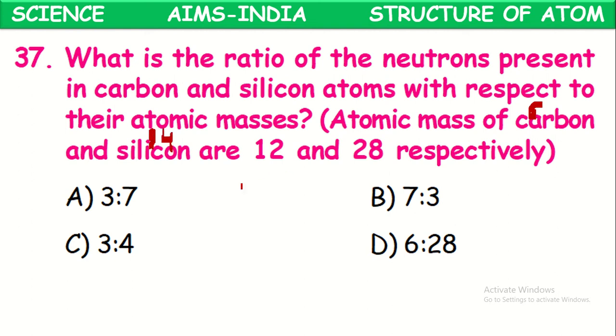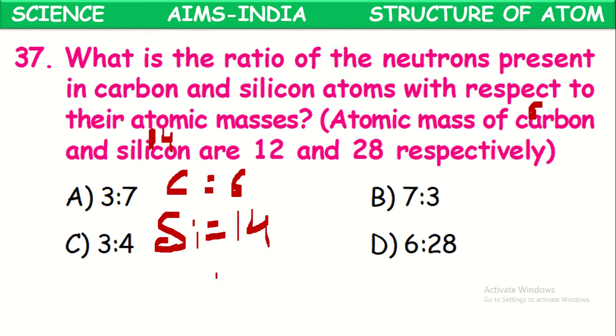Now the number of neutrons in carbon will be the mass number of carbon, which is given as 12, minus the atomic number 6, so it becomes 6. And for silicon, how do we get the number of neutrons? The mass number is given as 28 and the atomic number is 14, so the number of neutrons is 14. Now, respectively, if you take the ratio, 6 is to 14, it becomes 3 is to